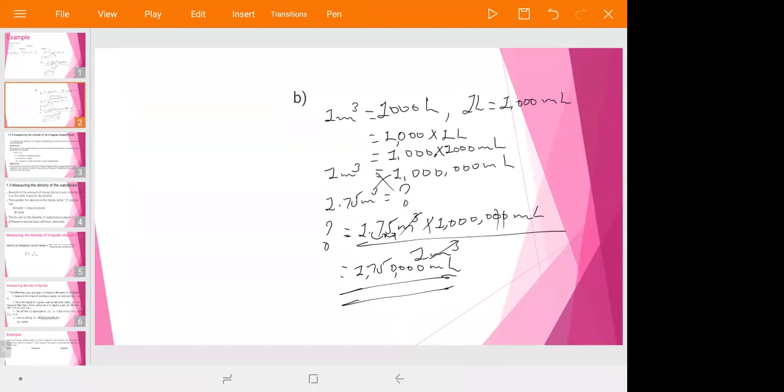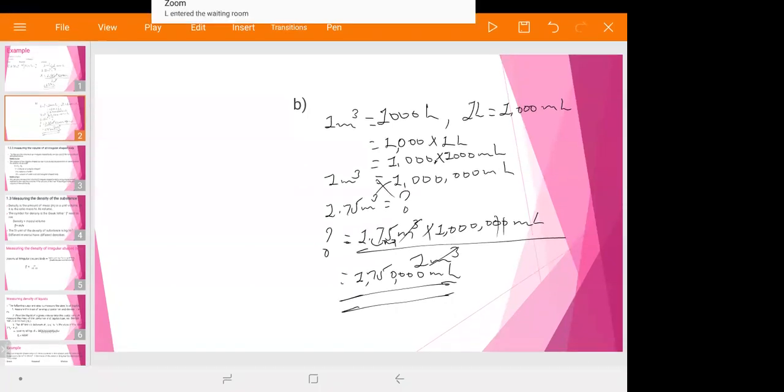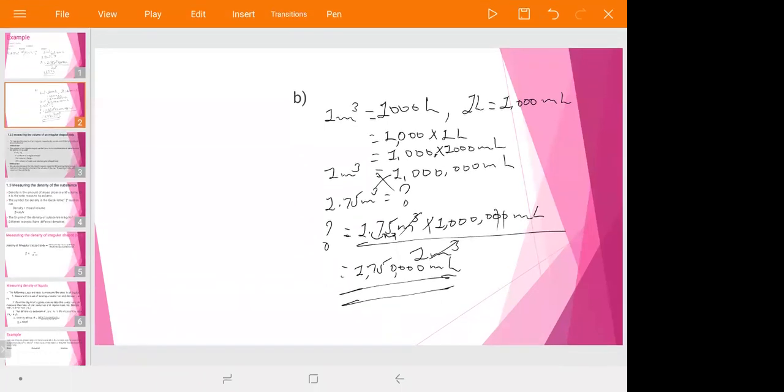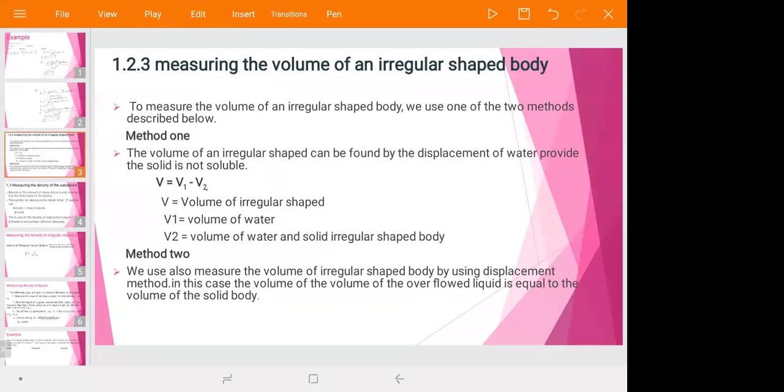Do you have question on these points? No. You must know not only this one, but in another form, it can be given for you in different units, so you can interchange depending on the relationship between units of liquids. Let us